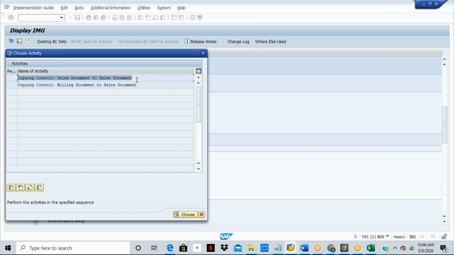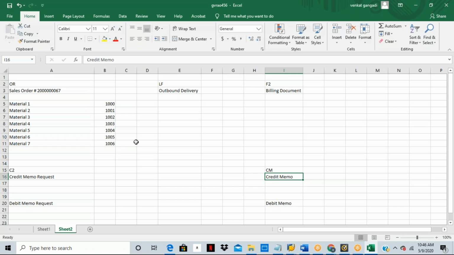Understood why you need to study, why you need to understand the copy controls between the sales document to sales document. And the second one is billing document to the sales document. So as I already explained, sometimes what happens with reference to the billing document, let us say, if you are creating the credit memo request,